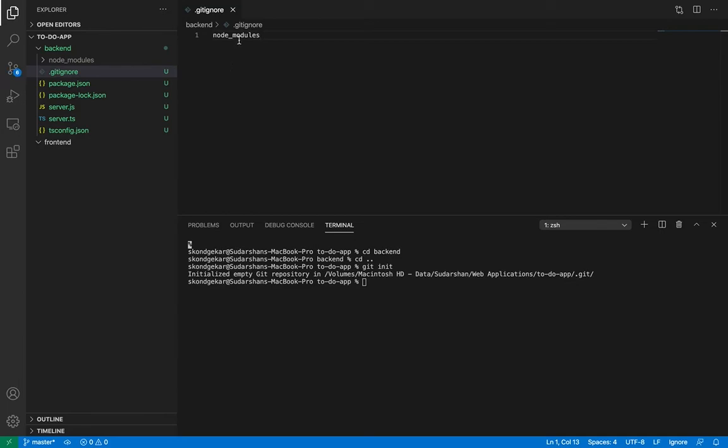Git will understand whatever is written inside the .gitignore file. It has to be all in small letters, .gitignore, no capital, nothing else. Inside of this you can specify which folder you want to skip. So I am skipping the node modules folder.